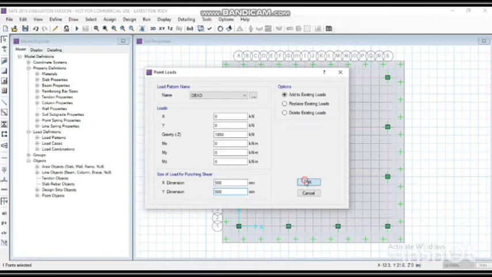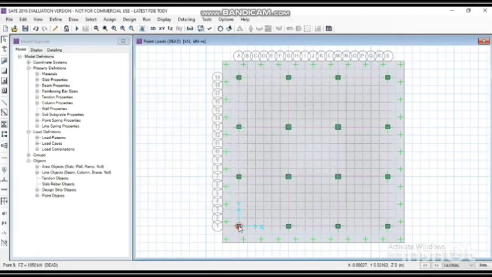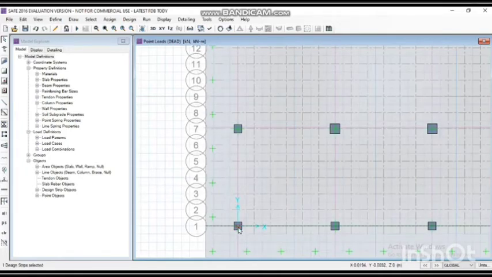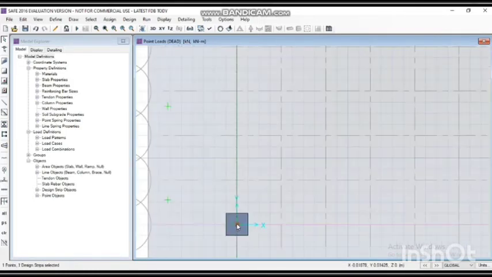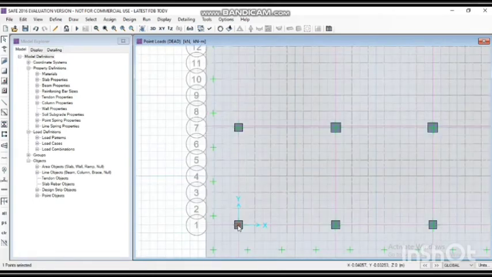Then click on OK. Again select the point of first column and make sure that one point is selected. Zoom in for selection of one point and make sure that only one point is selected.